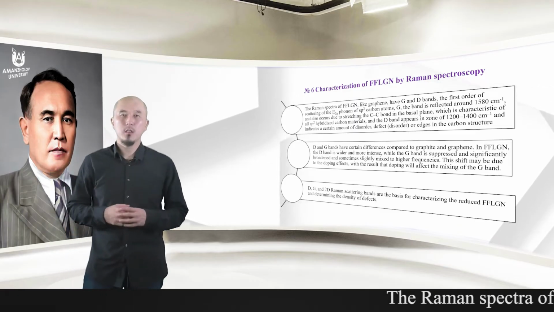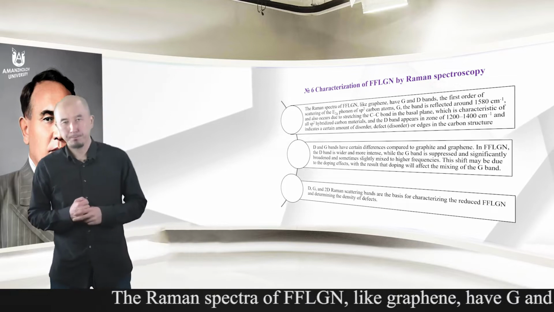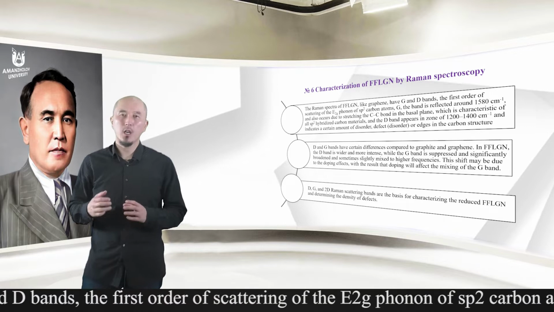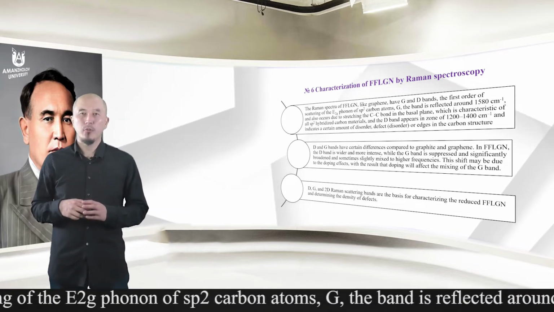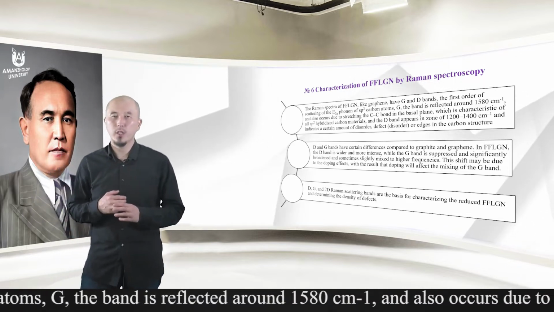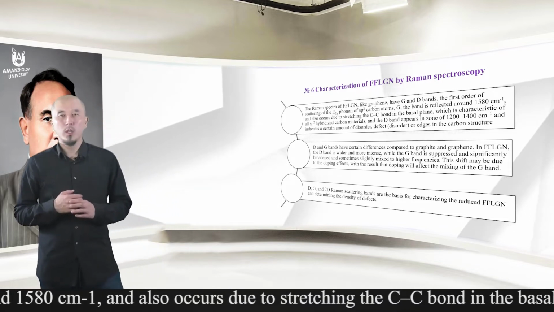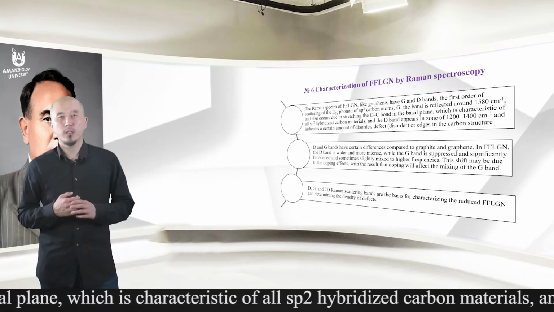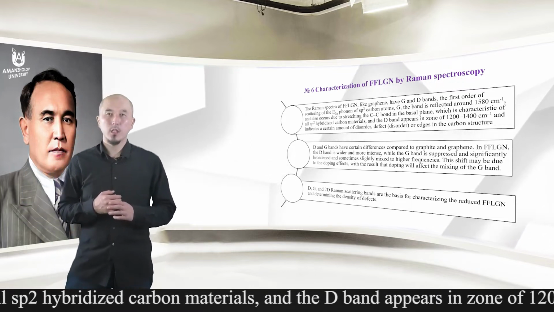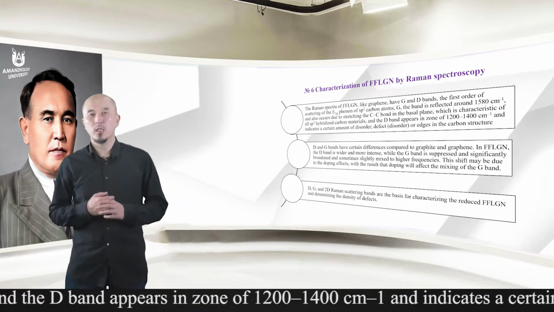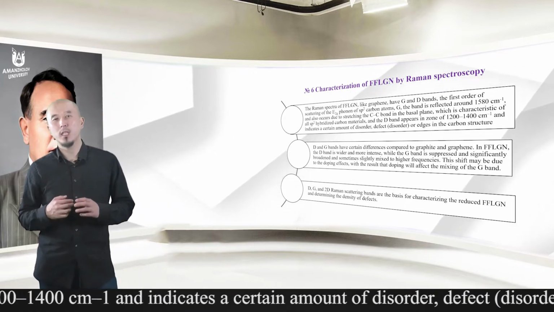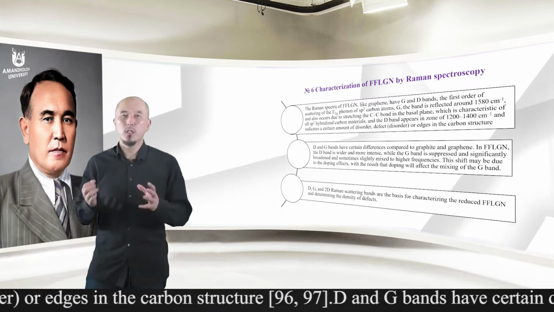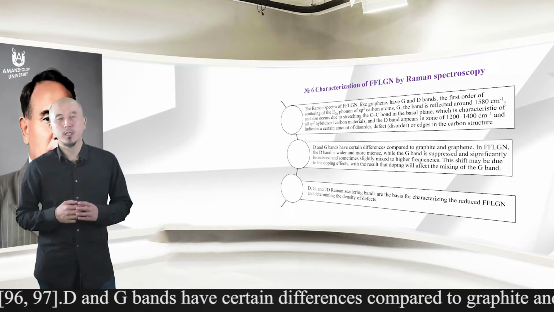Characterization of FFLGN by Raman spectroscopy. The Raman spectra of FFLGN, like graphene, have G and D bands. The first order of scattering of the E2g phonon of sp2 carbon atoms, the G band, is reflected around 1500 centimeters and also occurs due to stretching of the C-C bond in the basal plane, which is a characteristic of all sp2 hybridized carbon materials, and the D